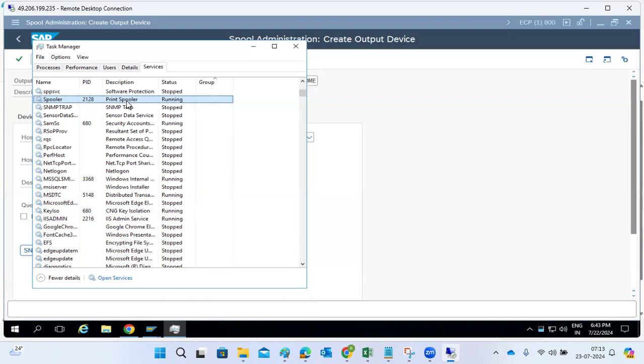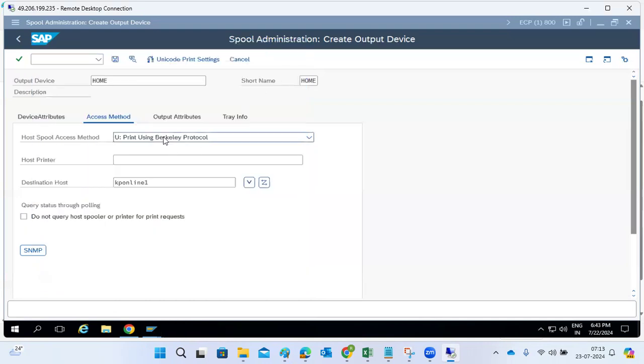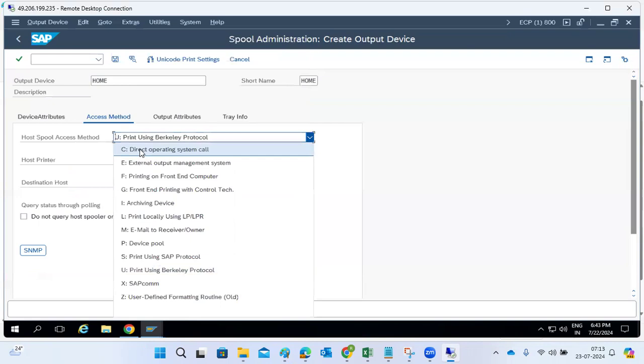To print the data, we will use the spooler. The SAP system will connect to the spooler, and the spooler will connect to our printers. So you have to choose C for local. C means both are in the same Windows operating system. Local means your SAP and the print spooler are both running on the same host, so you have to choose C. Otherwise, if the local printing is on a Unix system,